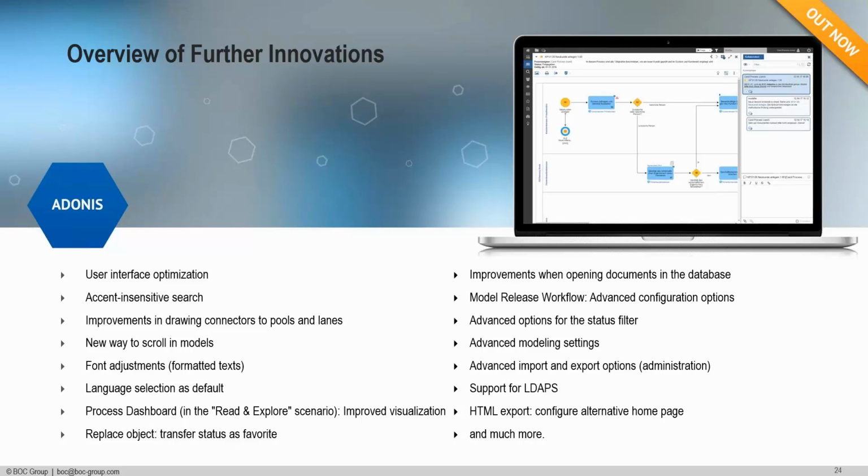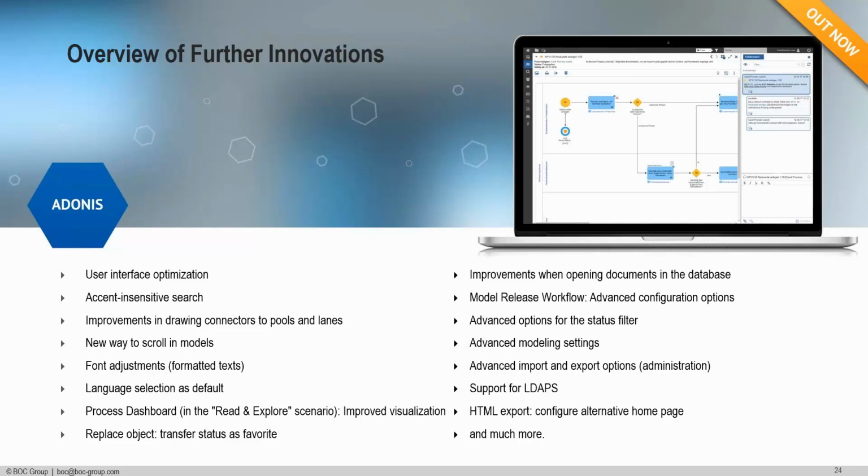And if you have favorited an object and then replace it in the repository, the new object will also automatically become one of your favorites as well. With opening documents, you can now select a range of document objects in the Object Explorer, and Adonis will display all of the referenced physical documents that are associated with those.